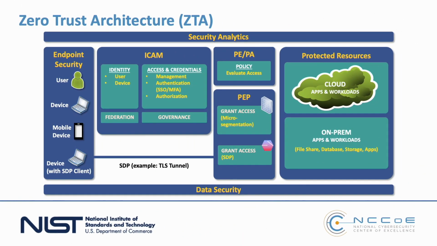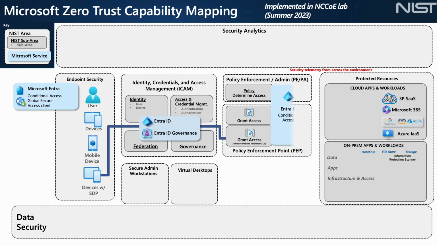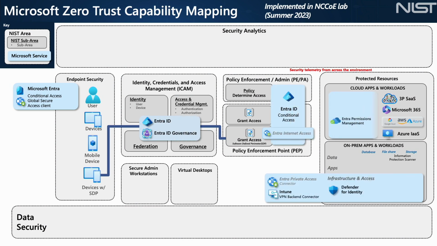Now, switching over to the zero trust architecture from NIST, you can see that same pattern there of the endpoint with the user identities, the ICAM, the identity and credential access management, if I recall correctly on that one, and then the assets on the right with the cloud and the on-prem assets. And in this case, the security operations or security analytics is across the top, not the bottom, no big deal. And then data security is seen as an end-to-end theme across all of these things in this diagram. And so, again, very similar. This is the Microsoft technology that overlays across it.